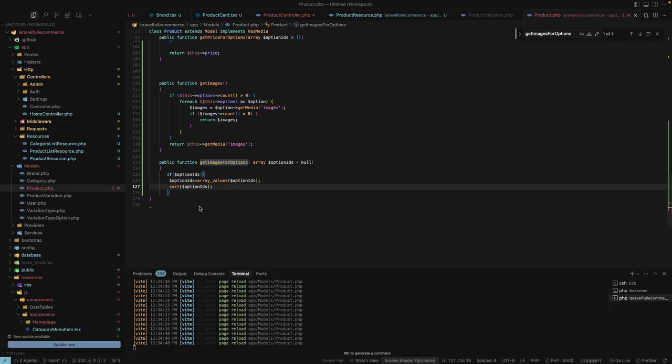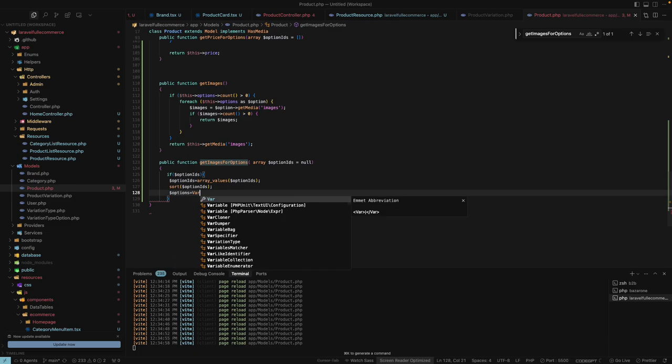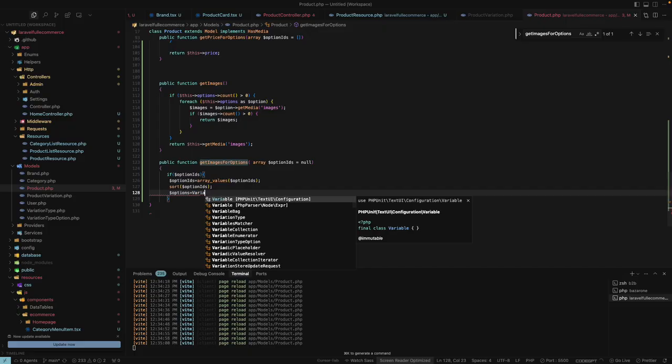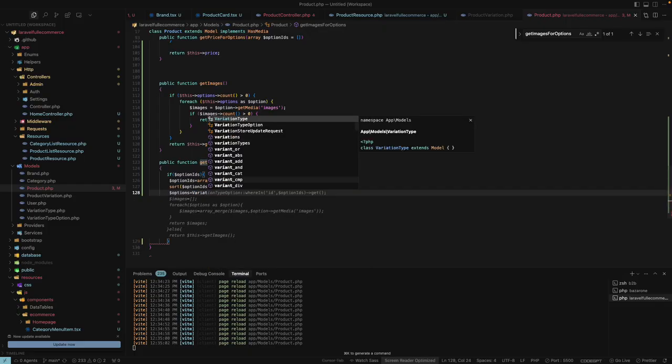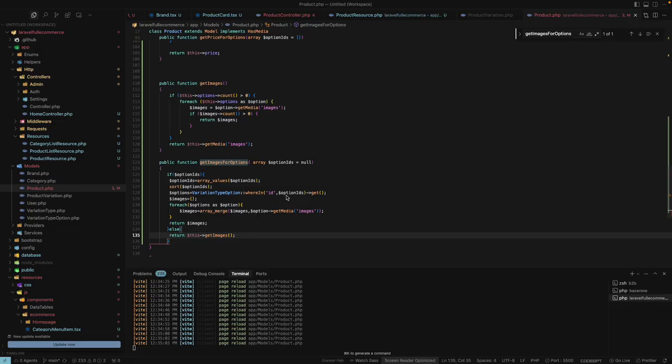We have to sort these option IDs, and then go to the options. Okay, and then VariationTypeOption find by these option IDs, and where in this option ID get option images,